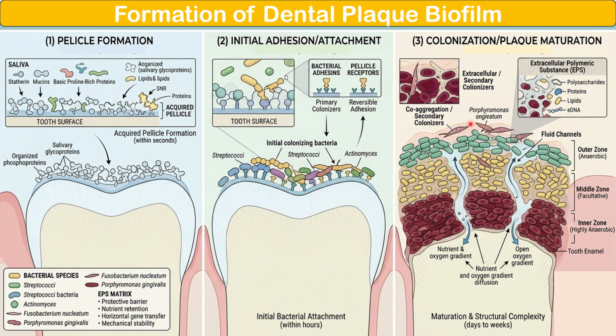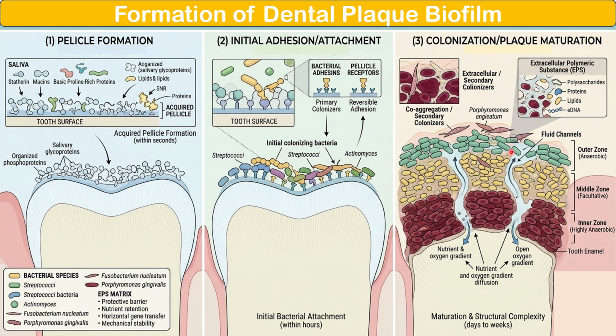So coming to the third stage, that is colonization and plaque maturation. After the primary colonizers have attached, secondary colonizers begin to join through a process called coaggregation. As more bacteria accumulate, they produce the extracellular polymeric substance, which acts as a protective glue, and they hold the biofilm together. Over the next few days to weeks, the plaque will become thicker and